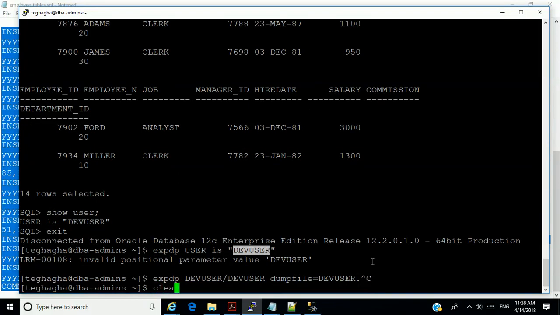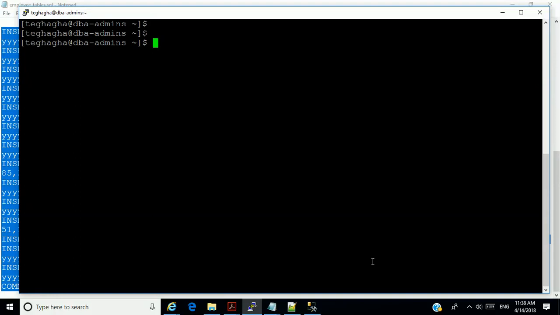Let me clear this stuff here. I'll start off first by using the export data pump, and I'll use the schemas is equal to dev user, all right? Dump file is equal to dev user.dmp, all right? And log file, that's the log file there, okay?